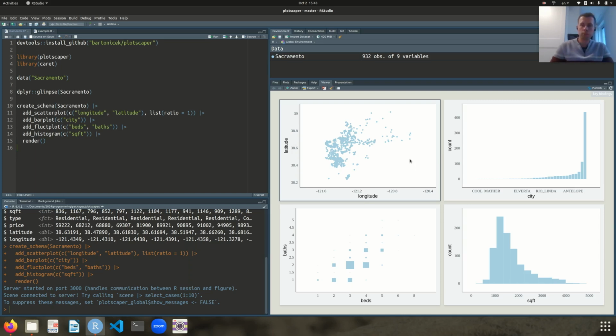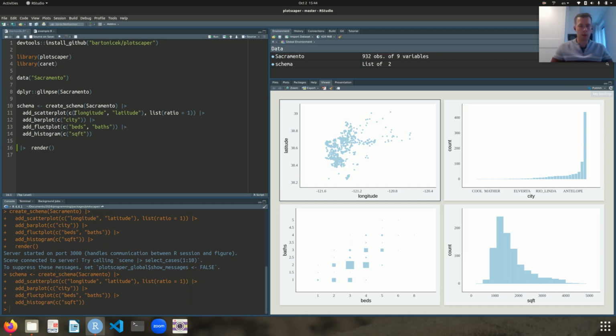And there's a bunch of other types of interactions. Some of the interactions you can actually do from inside the running R session, which becomes slightly more complicated, so I can show how to do it. It's just that for that we need to get a handle for the interactive figure. What I've done here is I've just run a command that has rendered the figure, but I don't have any way to refer to the figure. So what I can do is first save the schema into a variable,